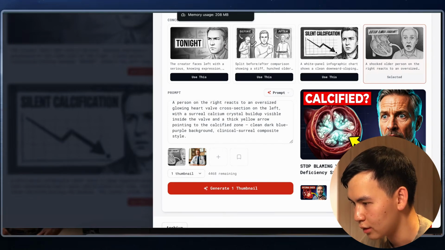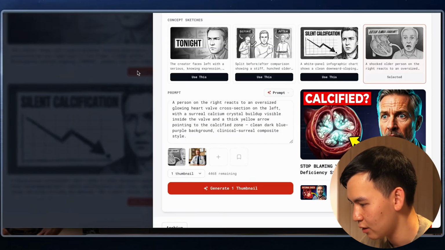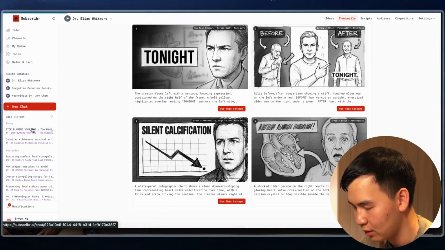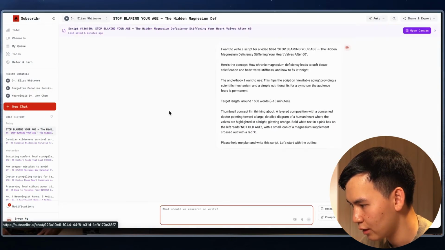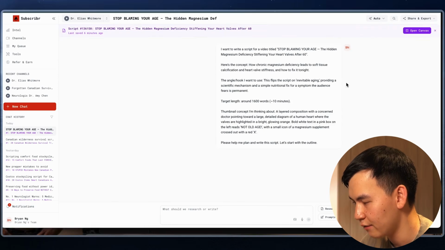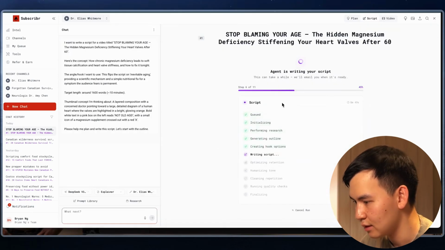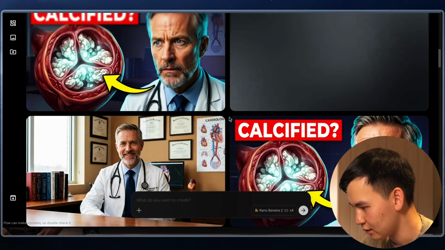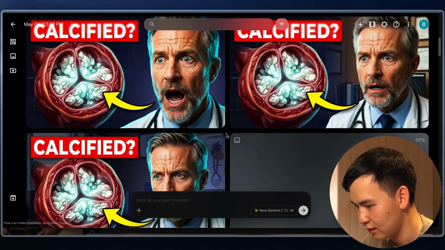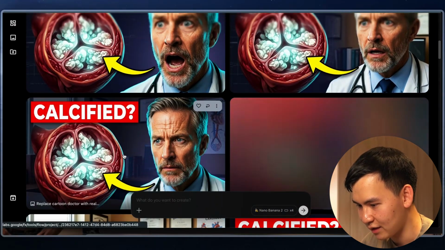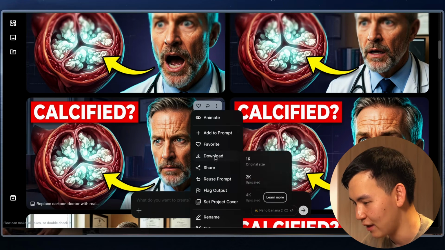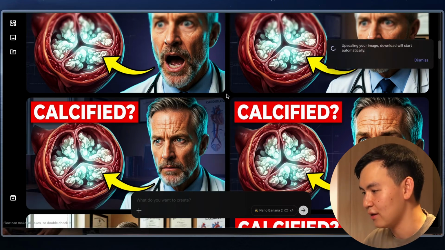which all works. And in the meantime, while this is being generated, I'm gonna go ahead and look at the script that we have over here. Open the canvas, and you can see that this is still writing, no problem with that. And then these are gonna be generated in a little bit. I do like this kind of like quite a lot. This one's a lot better because you can kind of see the face, and then this does look like pretty weird. So what I'm gonna do is I'm gonna download this, and then I'm gonna consider this thumbnail to be